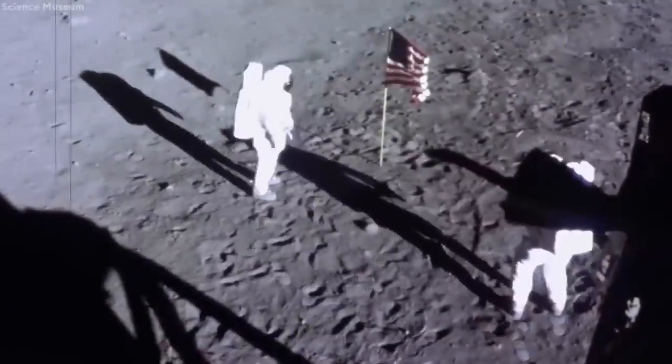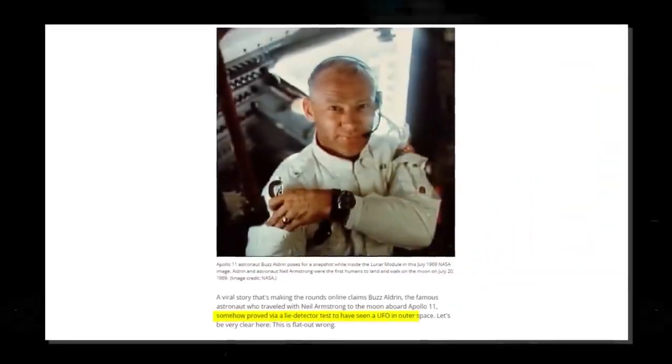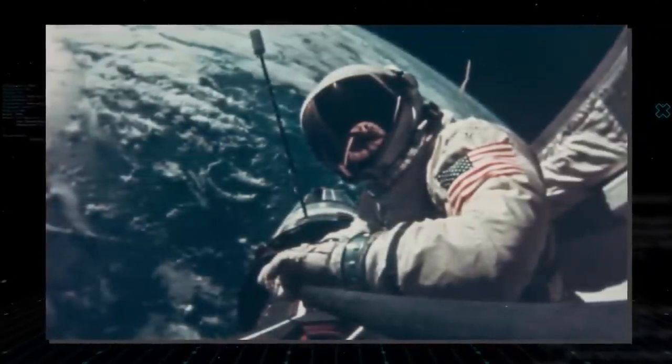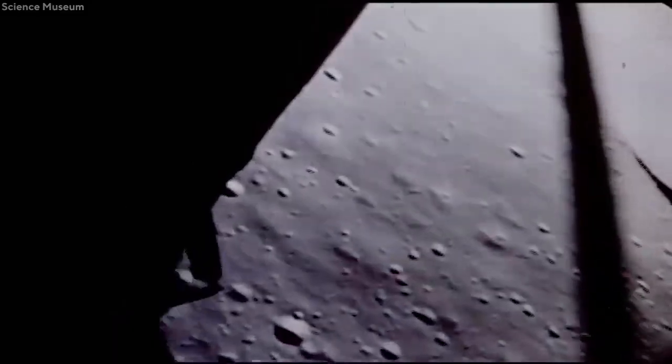When they got back to Earth, Aldrin and his teammates were certain that they had just experienced aliens. A lie detector test was done to confirm. This lie detector test was performed by the Institute of Bioacoustic Biology and Sound Health. The result of the test was that Aldrin and the other astronauts were completely convinced about their encounter in space with the aliens. Recently, there were videos of Aldrin denying these claims, explaining that the alien sights he claimed to